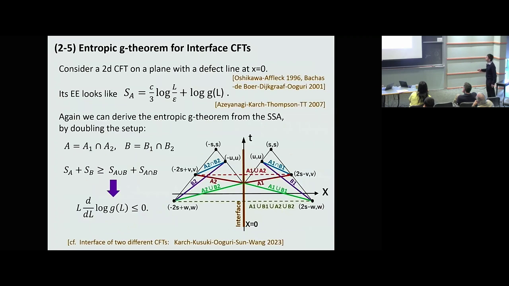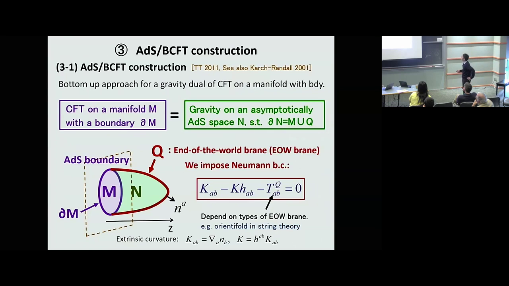Okay, so so far we discussed some conformal field theory, quantum field theory approach. Now we come to holographic calculation. So here I'd like to talk about the gravity dual of BCFT, but there are many approaches, of course, string theory motivated ones, supergravity ones, and so on. But here we'd like to consider a simple-minded one. It's just the hard wall approximation.